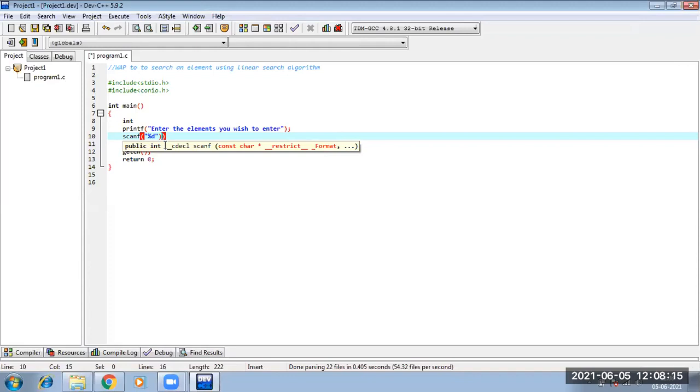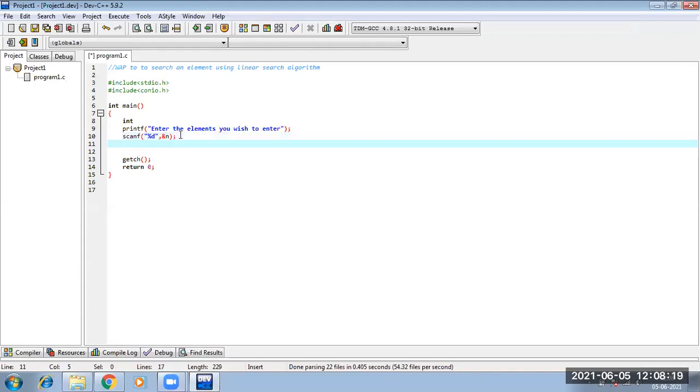So here I need to take the number of elements I wish to enter in my array. After doing that, we take the elements, so we give the prompt to enter the elements.